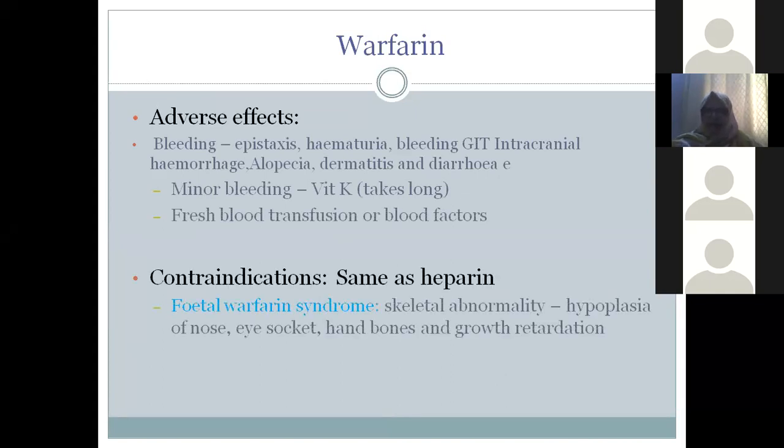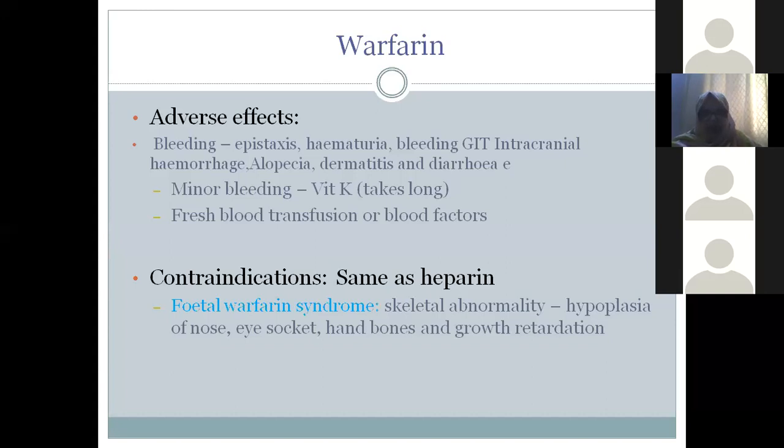Warfarin, again, is an anti-clotting agent, so the risk of bleeding will be increased. The patient can present with epistaxis, hematuria, that is blood in urine, bleeding from the GI tract, intracranial hemorrhage, alopecia, dermatitis, and diarrhea. So you have to monitor the patient, and for that you have to give vitamin K, which is the antidote. Besides that, if the patient bleeds excessively, we have to transfuse the